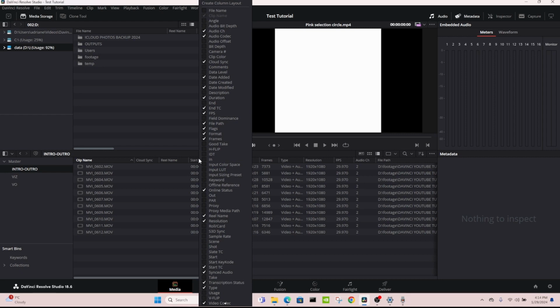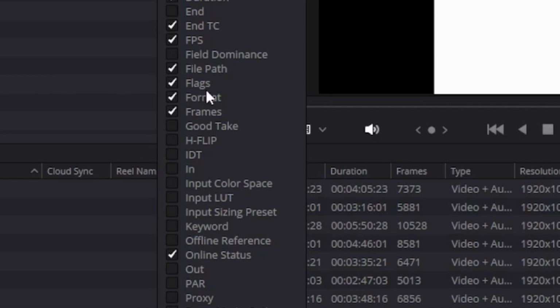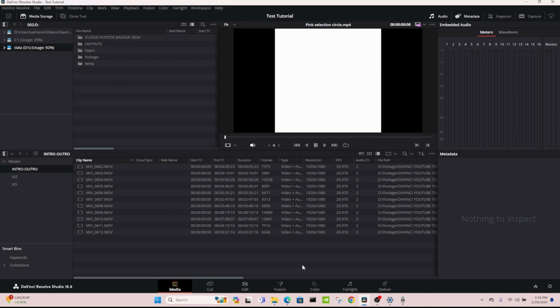Oh, the best thing about this, if you want to be very organized, let's just say you were filming your own short film and you have multiple shots of the same thing over and over and over again. You can watch them through and indicate which one is a good take and then move on to your edit page. This current tab and interface is meant to organize your project before you get to the edit phase.